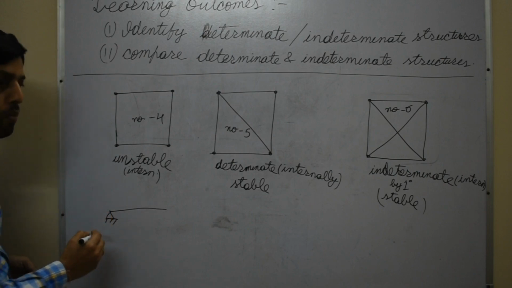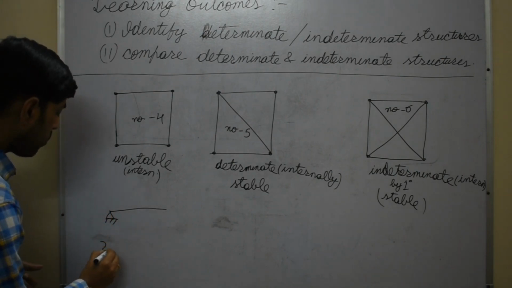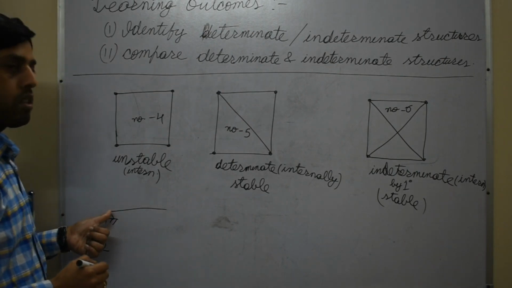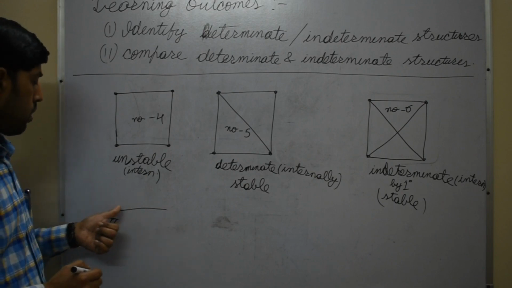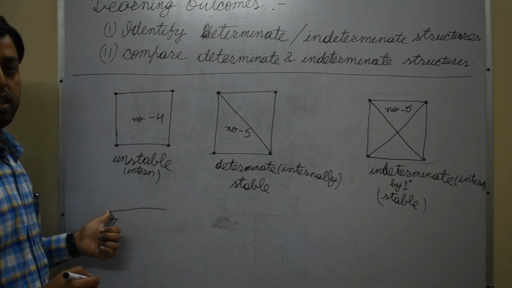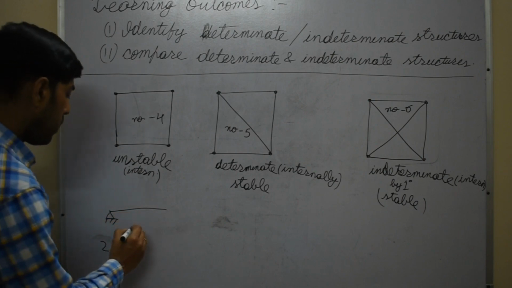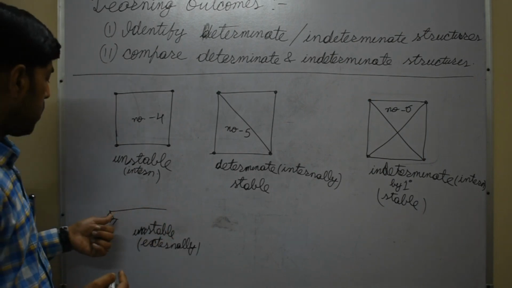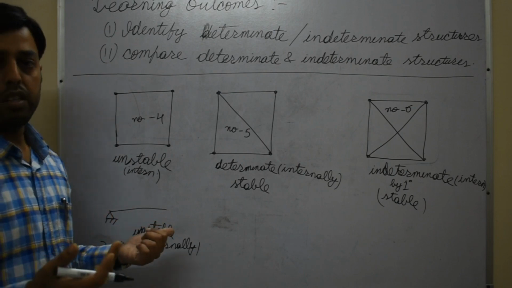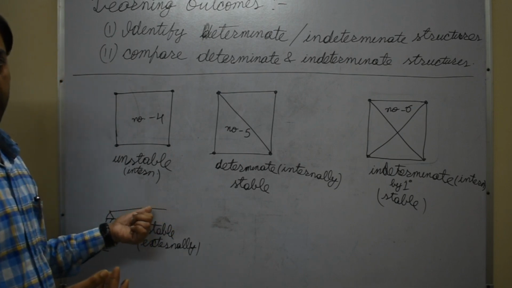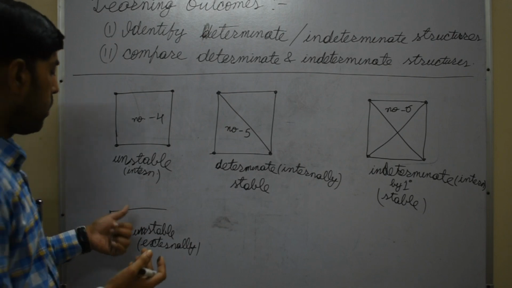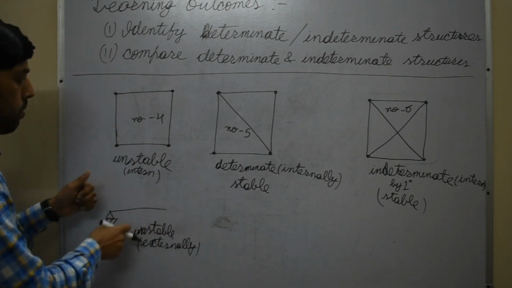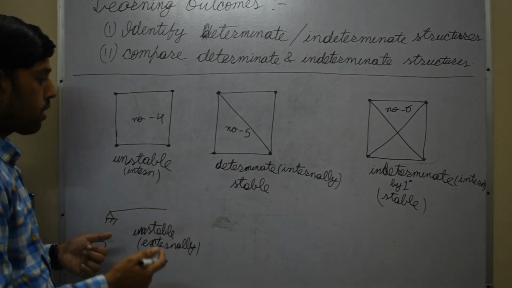In this case, the number of support reactions is 2. And using such kind of support reactions, this beam will rotate about this hinge. So this beam is unstable externally. Its own geometry is stabilized, but it cannot be put into any space freely. It will make a mechanism. This is not a static condition. It will make a mechanism and it will rotate like this. So this is an unstable condition.